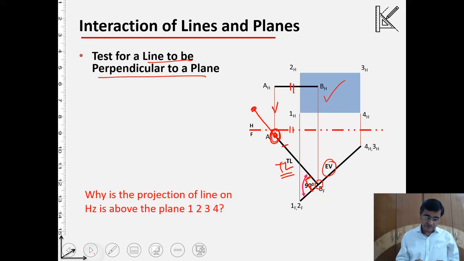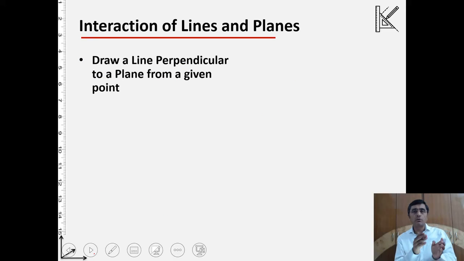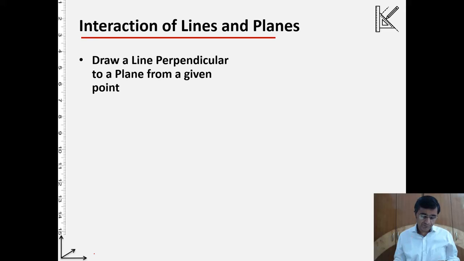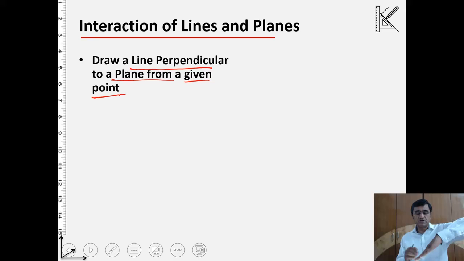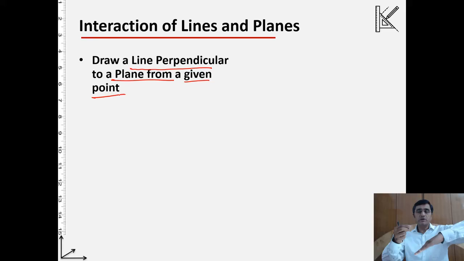Okay, quickly now we'll see another problem, and this is a very interesting problem. We have to drop a perpendicular onto a plane from a given point. There is a plane which is given to you, and then a point is given, and we have to drop the perpendicular. It is known to me that I know the horizontal view, frontal view, and maybe profile view of this plane and this point. Alright, so let us see where the perpendicular will be dropped. Where is the foot of the perpendicular onto this plane?